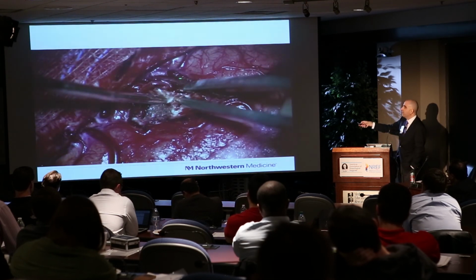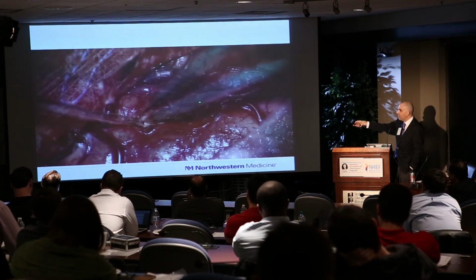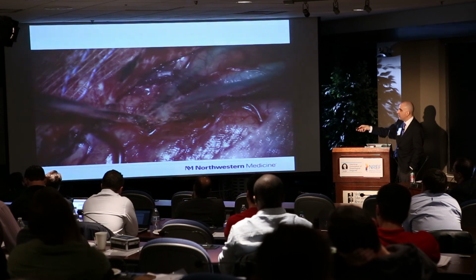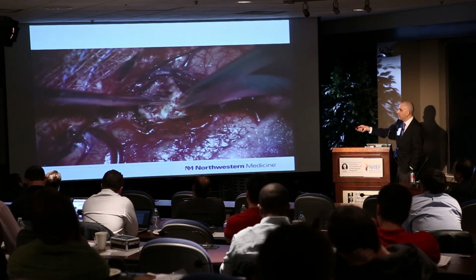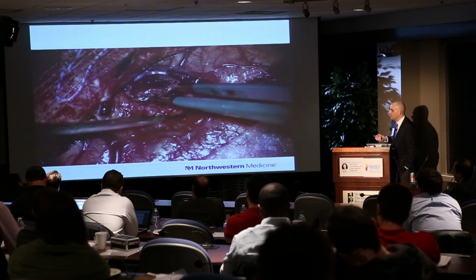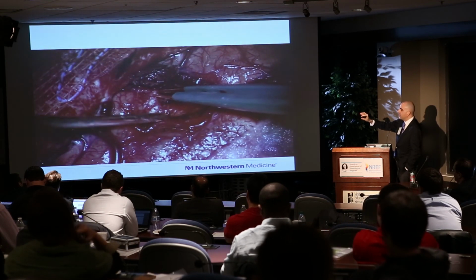And here we're in the final phases of devascularizing the AVM. There was some hemosiderin-laden brain just deep to the AVM that we cleaned up a little bit. And here we're carefully working circumferentially to devascularize it. It's not a very big AVM, but I just want to show you here one thing, and then we'll move on. So here we're just completely devascularizing the AVM, just devascularizing the nidus.